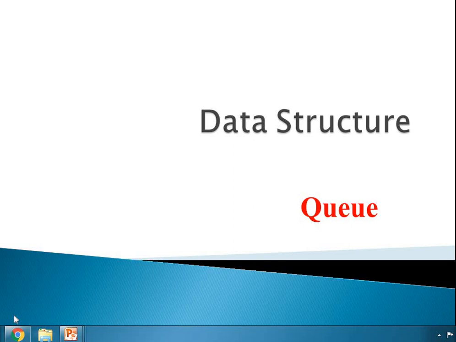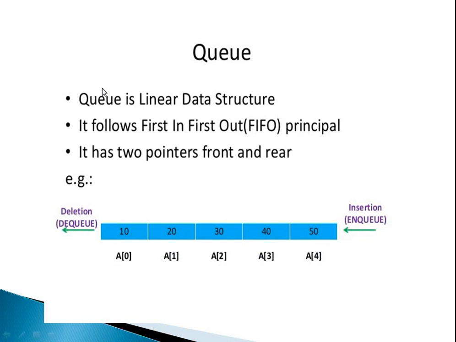In this video, we'll see the queue data structure, which is a linear data structure where the elements are inserted and deleted from two different ends. The definition of the queue is a linear data structure which allows the first come first serve principle. First come first serve means the element which will be inserted first will be deleted first.